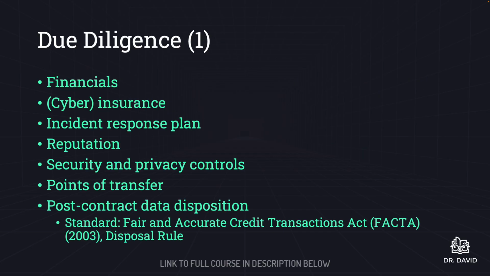Before you enter into a contract or agreement with a vendor, it's important that you perform due diligence on that vendor. Essentially, you're doing your homework to make sure that they're going to be able to follow through with all of the agreements and provide the products and services that they agree to. A number of things that you should have in mind include the vendor's financials. Are they in good financial condition? For example, if your contract is going to be for, let's say, 6, 12, or 18 months, based on their financial statements, does it look like that business is going to be open for that long?